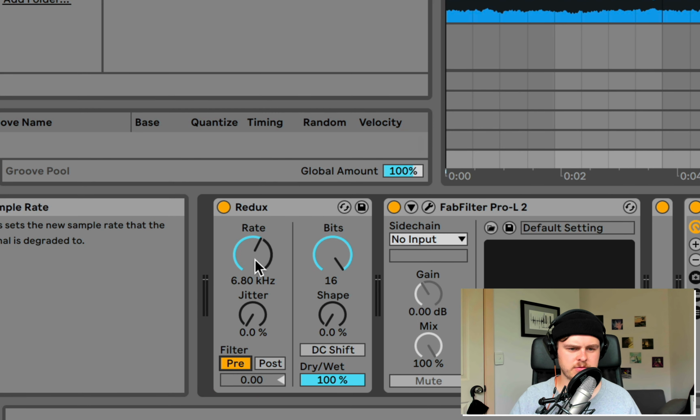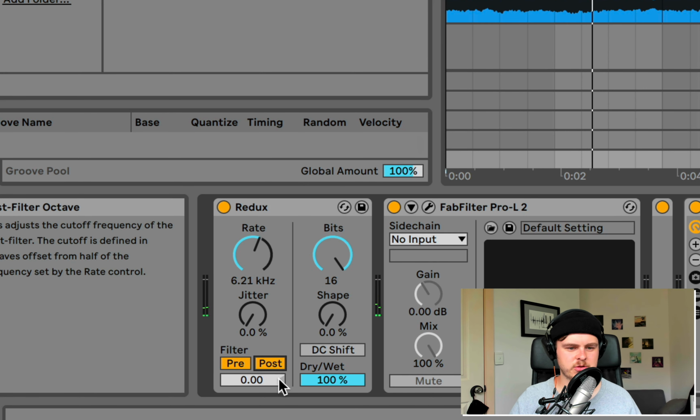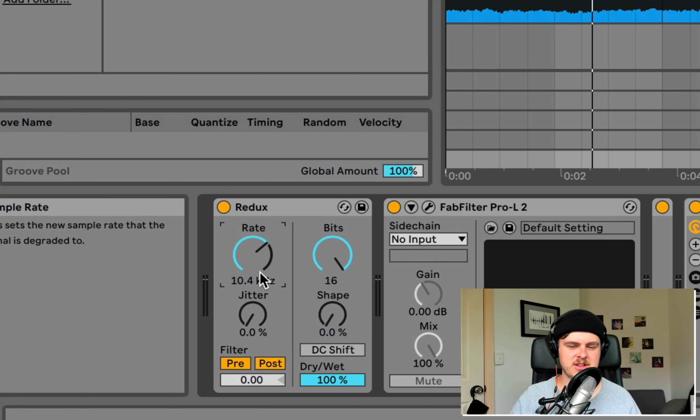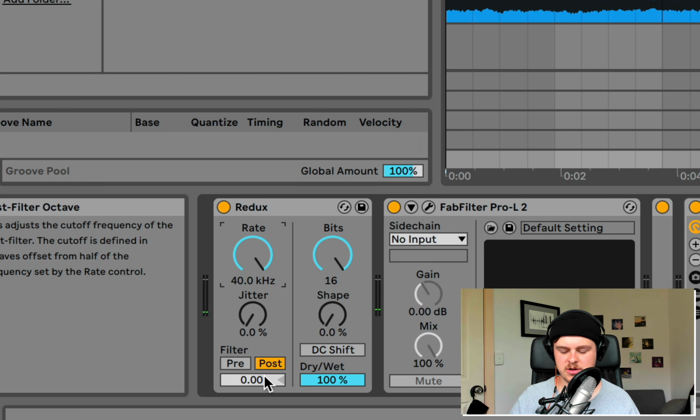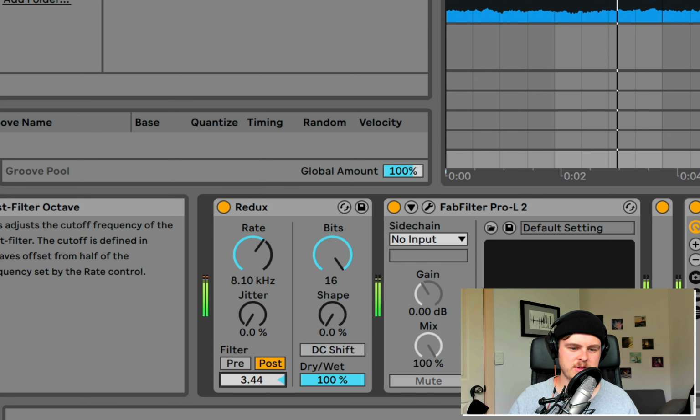So adding this pre-filter, for example. See how a lot of that harsh high end is kind of tapered off? You could also exaggerate that even more with the post. Now it's like lo-fi house territory, right? It's kind of like if you put that at 10K, you could just chuck this on the final mix and call it a day. Take off the pre even. And you can change the slope here as well and a few other things, which is really cool. Make it a little more gentle